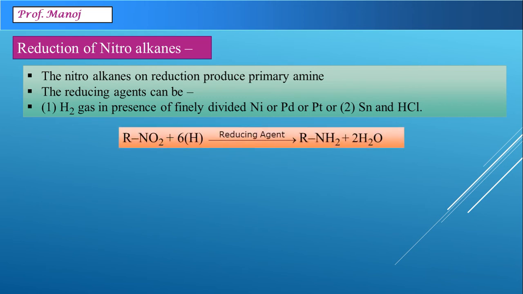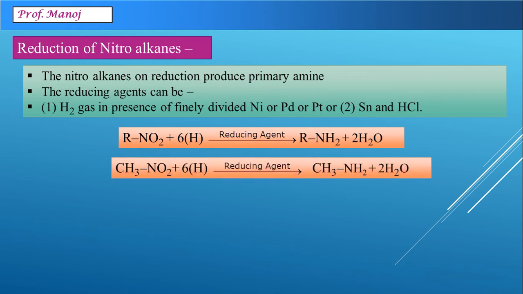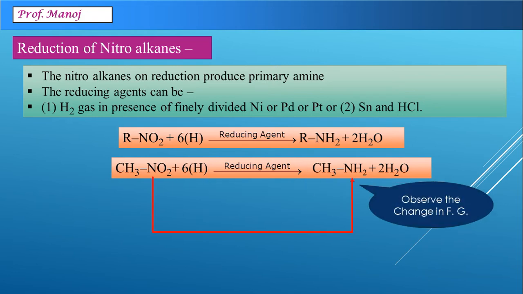Look at the general reaction. RNO2 with reducing agent and hydrogen atoms produce RNH2. So if you take an example of this, it's CH3NO2 with 6 hydrogen atoms producing CH3NH2. Once again, observe the change in functional group. NO2 is becoming NH2. Also remember, if we are using tin and HCl, then 6 moles of hydrogen atoms are